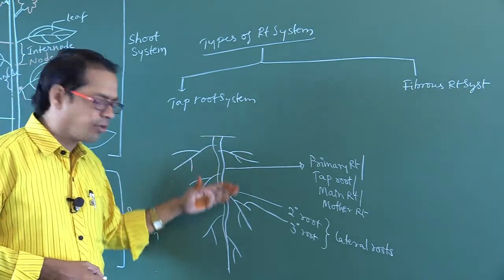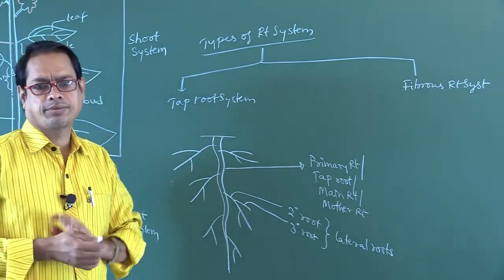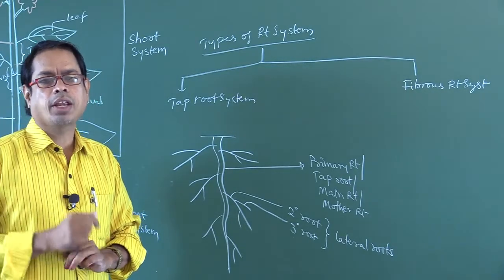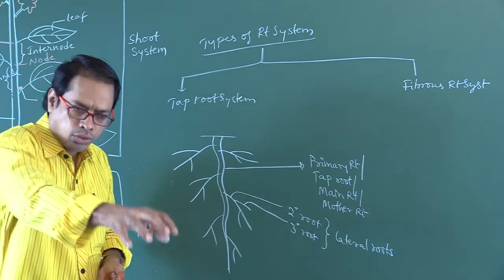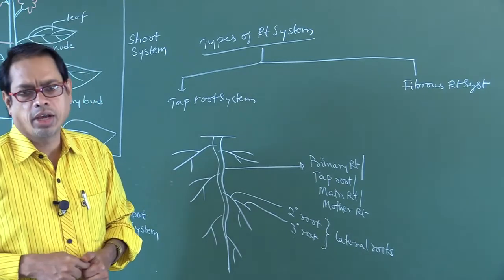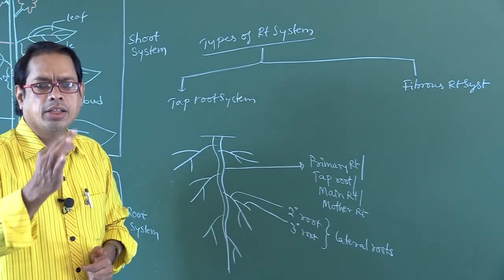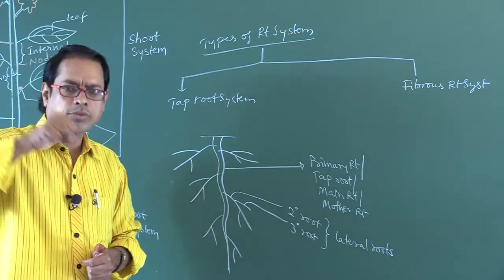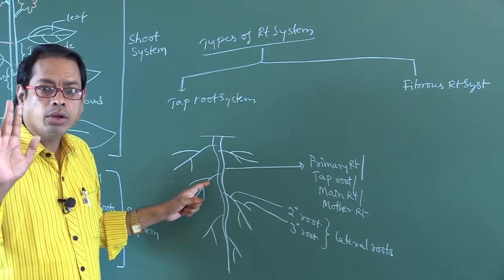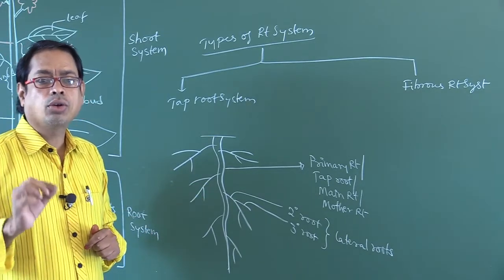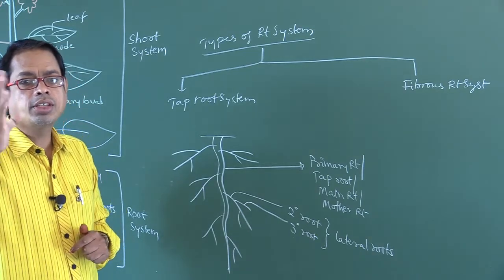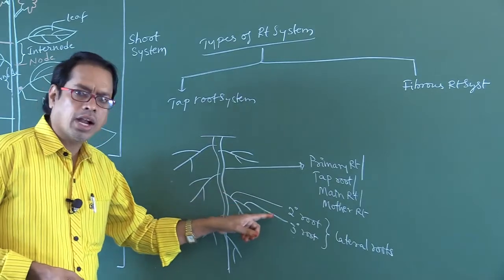On every type of root, root hairs are present. These root hairs are microscopic in nature. These root hairs are useful to absorb water from the soil. The part of the plant that is useful to absorb water from the soil means root hairs. Each root hair is unicellular. Now, what is the arrangement of lateral roots?